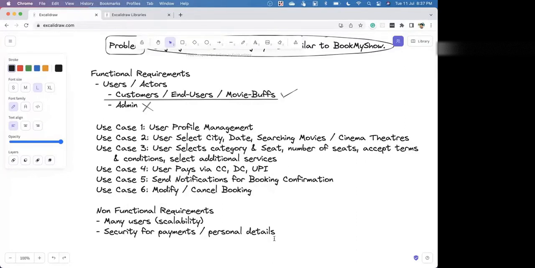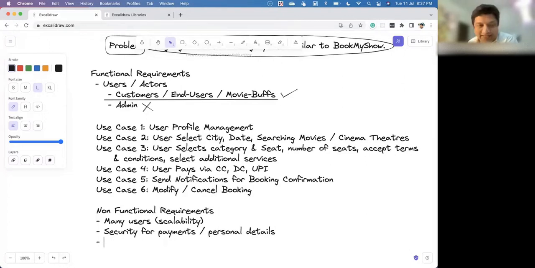Responsiveness. The application has to be responsive, right? Maybe I do the booking, it is not showing. That happens sometimes. But after half an hour, if I check, it shows up. That consistency is fine, but it is not a good user experience. A good user experience is that I see the status that my booking is in progress, and once the booking is finalized and confirmed, I get the notification. So this application should be responsive,